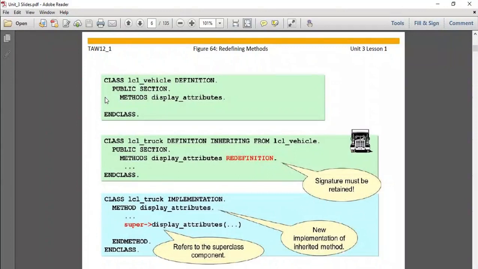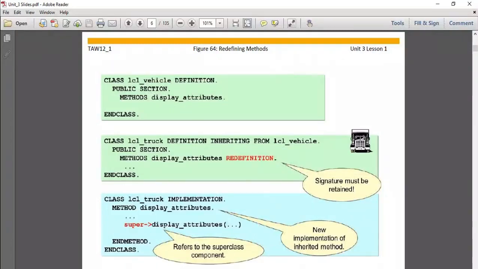Generally we call the methods of the base class using super, and we declare that in the derived class method. You can see this is our class lcl_truck IMPLEMENTATION, and we are defining the method display_attributes. This display_attributes is the method of the derived class, and we are calling the method display_attributes of the base class using super, and then ENDMETHOD.